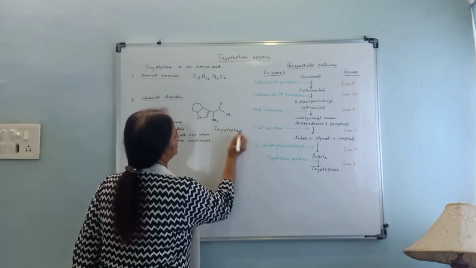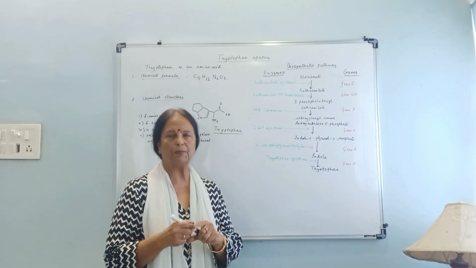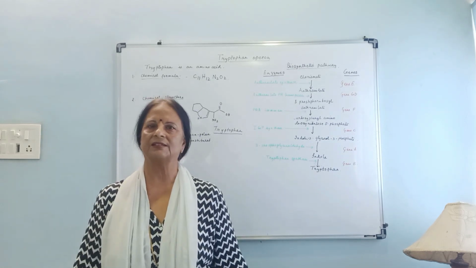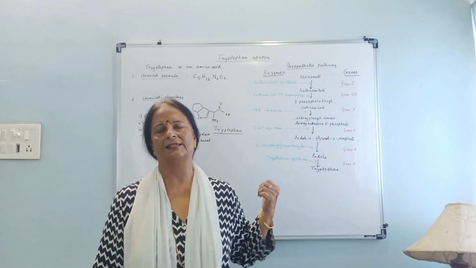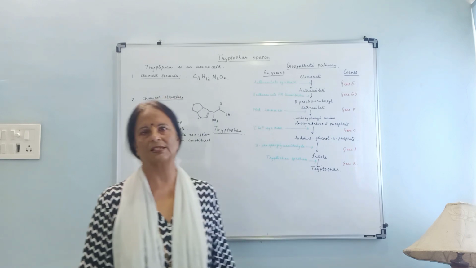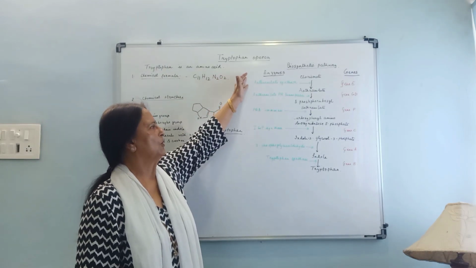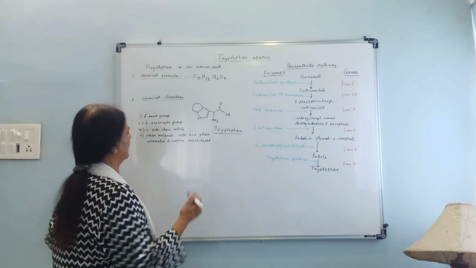Tryptophan is very important because it forms one of the integral amino acids in a number of proteins. The proteins which are synthesized have tryptophan as an amino acid, and it is a very important amino acid which is synthesized by the tryptophan operon. So the tryptophan operon is a negative